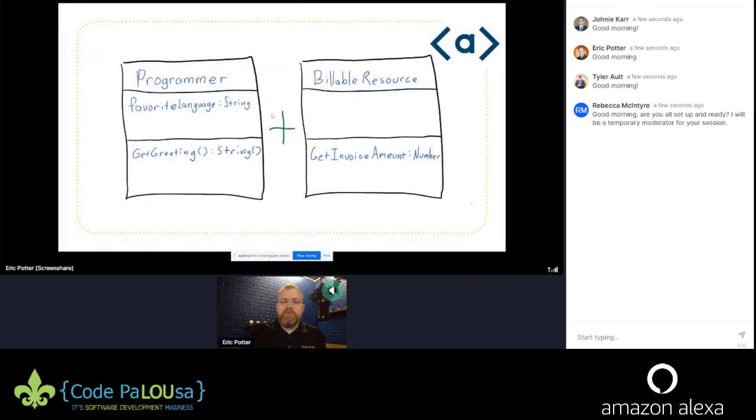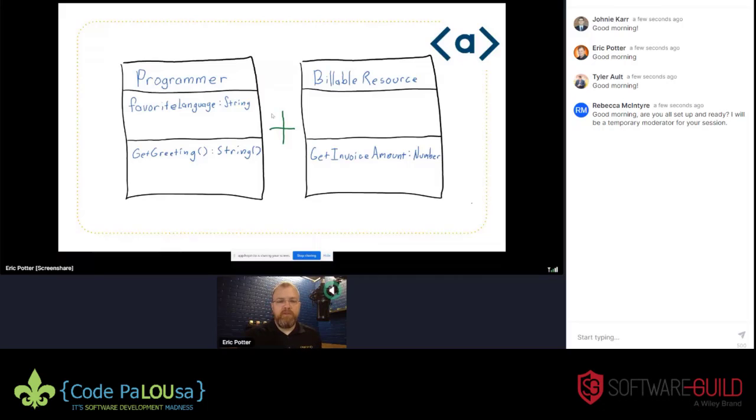In the examples we've looked at thus far, we had this idea that we could have a class called programmer that might have a field for a favorite language and a function called getGreeting. And we could also define a class called billable resource that would allow us to get the invoice for that resource. Well, what if we wanted to have a class that had the behavior and state both of programmer and